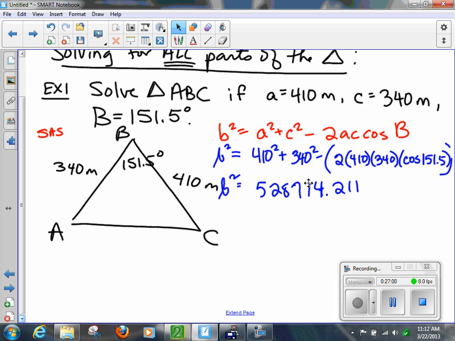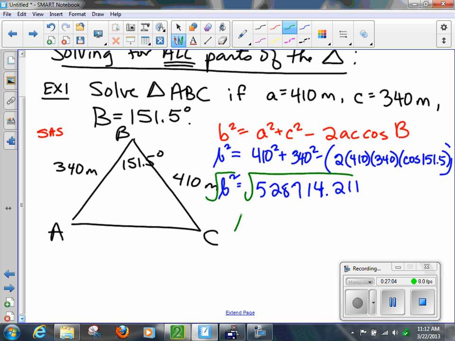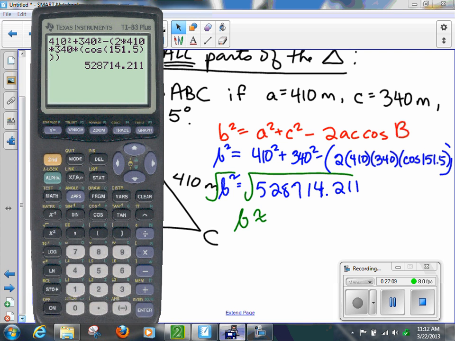Take the square root of both sides. Am I going to round that number? No, I'm going to take the square root of the answer, and what do we get? Approximately